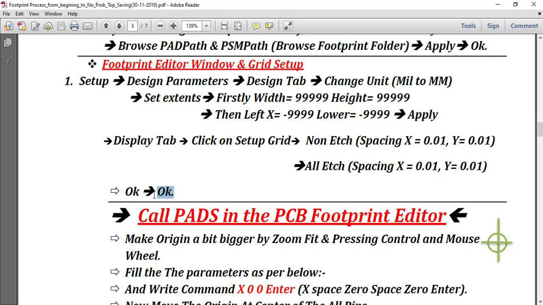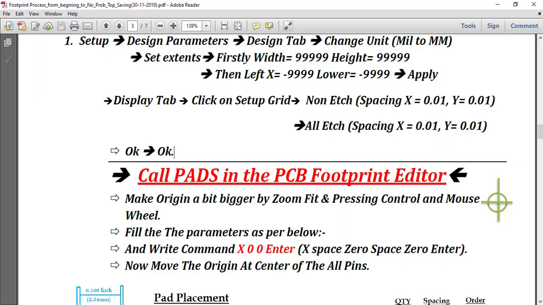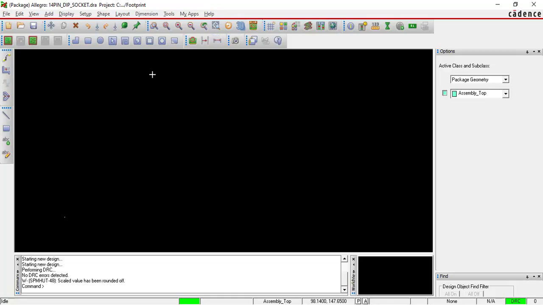Okay, close the second one. Now our display area is here. Click on zoom fit. Now see that dot is there. Keep the mouse pointer on that, press Ctrl and rotate the mouse wheel. This is our origin.